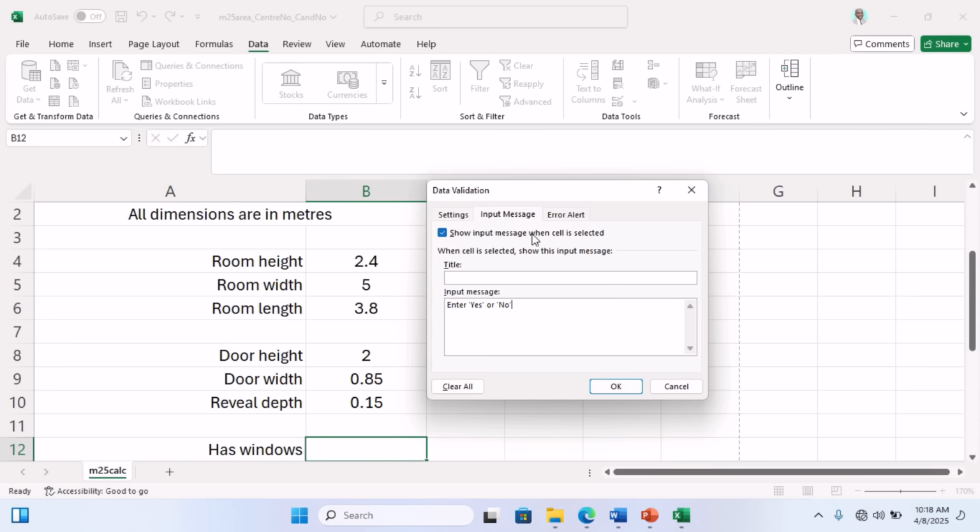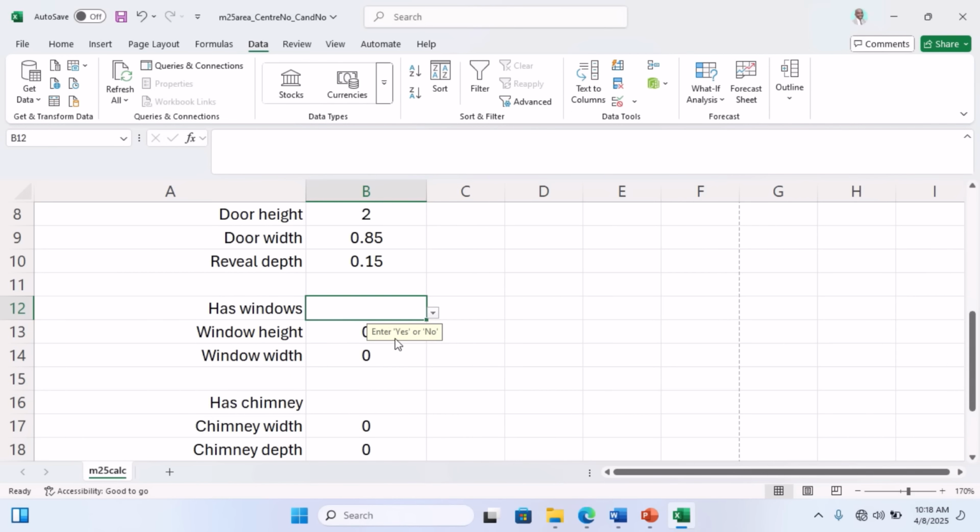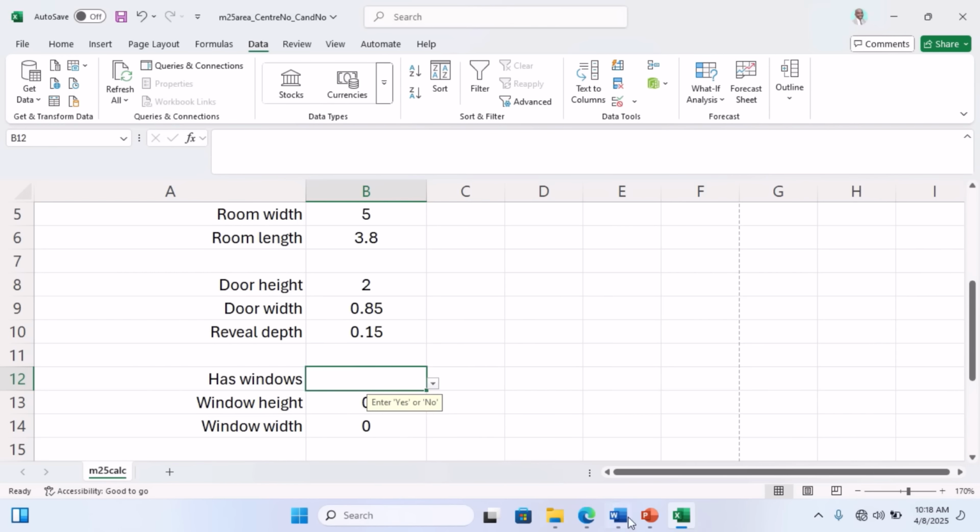All right, then if I want to give an error message, I can say the same thing, something similar to that. Okay, so I have that. You can see, enter yes or no. So then